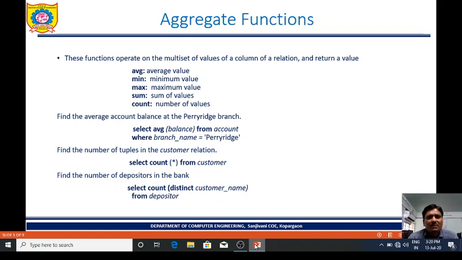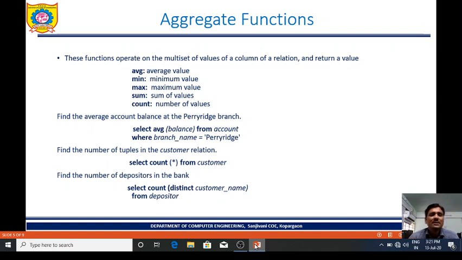Now take one example. Find the average account balance at the Prairies branch. See, it is required to use these functions because that type of output we require. Here we have to use the AVG function.